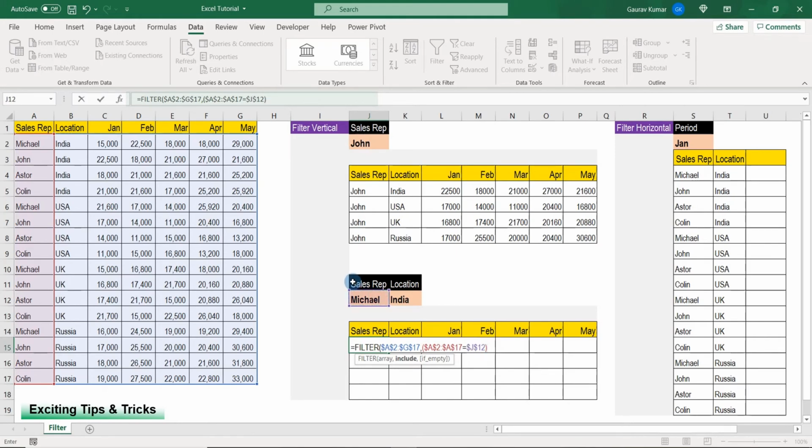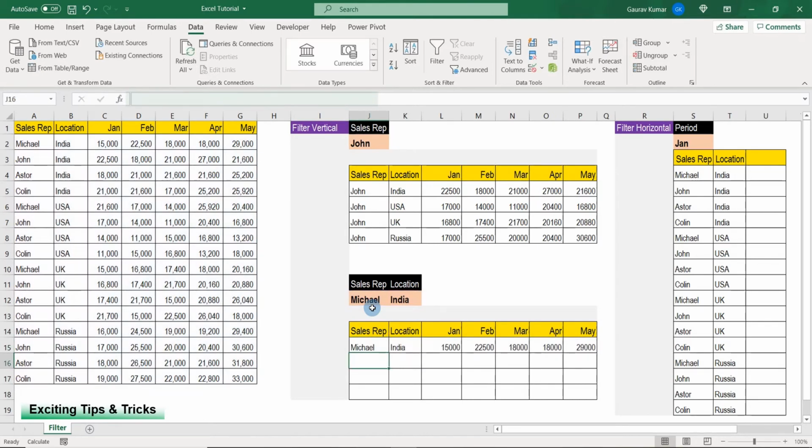Close the bracket, apply multiply, open bracket, select the array for location, and here we have the criteria. Close the bracket, comma. If empty, we can specify not found. Close the bracket, press enter.